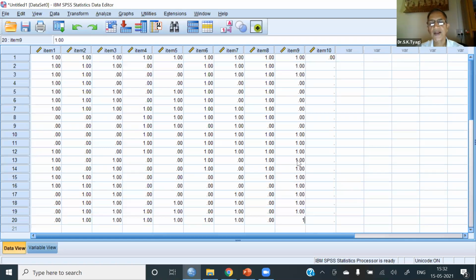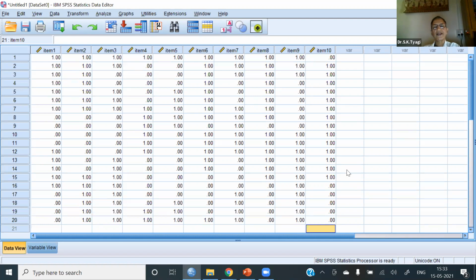This is how we will enter the data from their answer sheet. You just check where you have put the sign of right; there it is 1. If it is wrong, it is 0. So the data is entered.